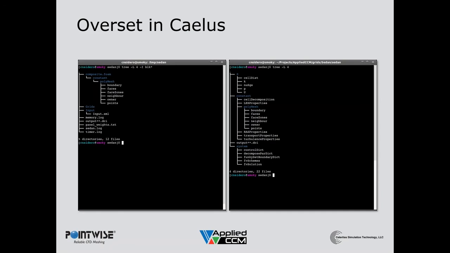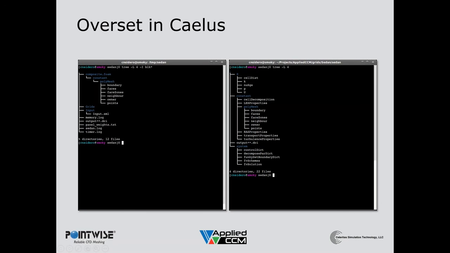So on the right-hand side in the terminal, I'm showing you the setup of that case, and it's very familiar. It doesn't look any different than any other case, except for the fact that we have to first put the polymesh that Suggar++ generated in the constant directory, and then in the root of the case we put this output++.dci file, and so that's no change. Everything else is completely the same. So I just really want to reemphasize that point.